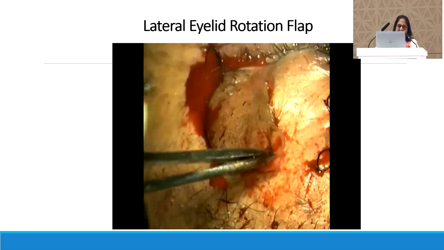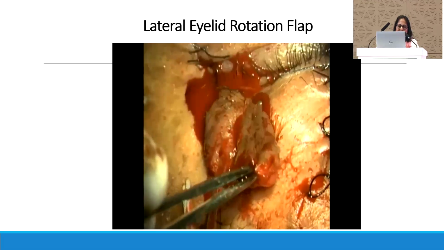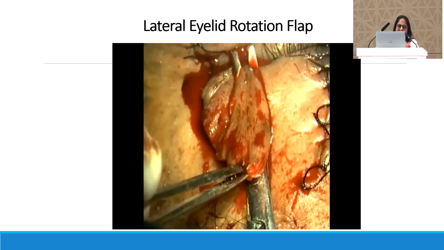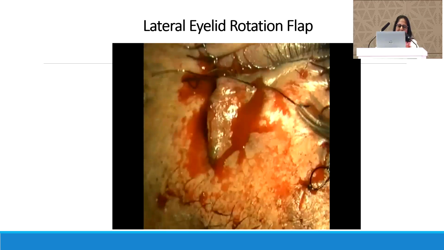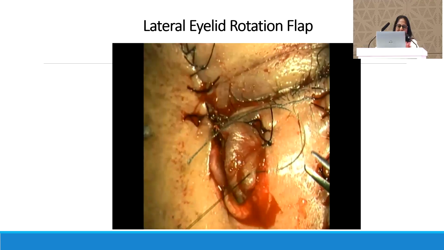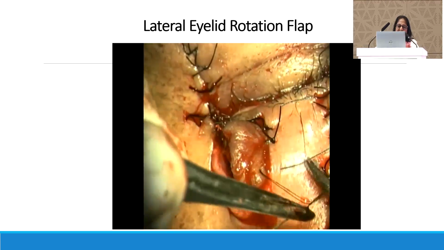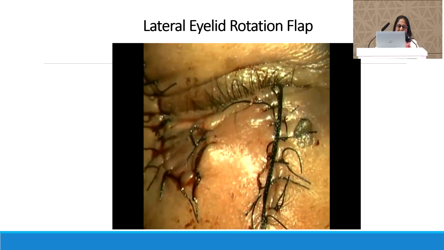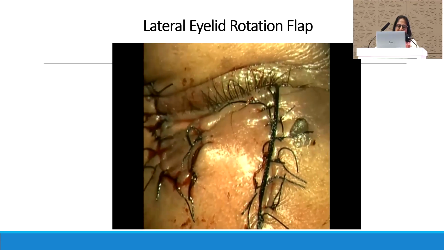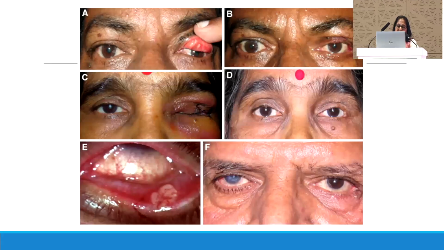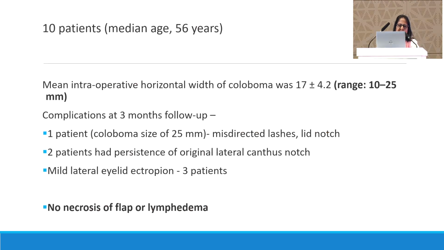And this step is very important. This is done at the level of the lateral canthus, sparing the lid margin. We are not cutting the lid margin, and only taking out the skin and muscle, not going to the posterior lamella. We have to maintain the vascularity. None of the patients in the series had any kind of necrosis or any problem, but tightness was definitely there. On your right-hand side, you can see all these 3 patients, the left eye has been operated. You can see all the structures are well maintained. Minor issues are there, but we expect all that in large colobomas and